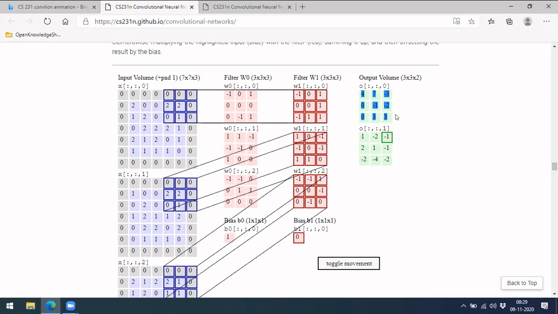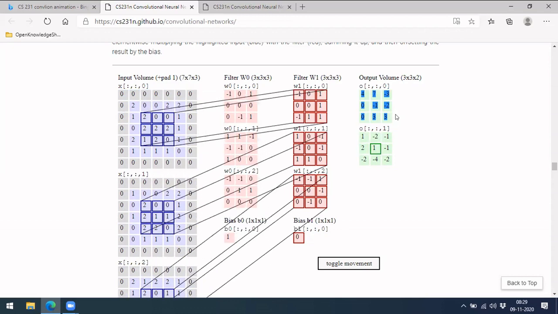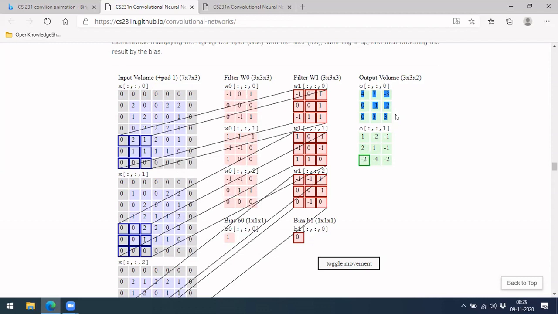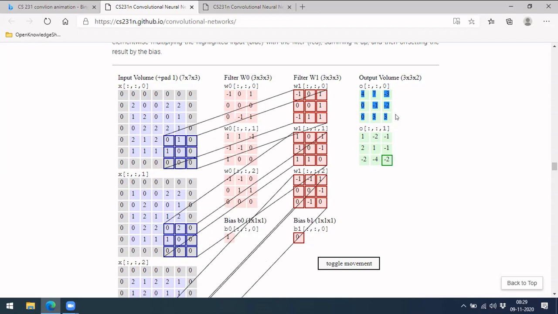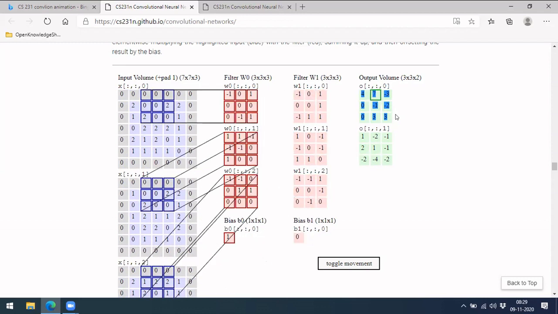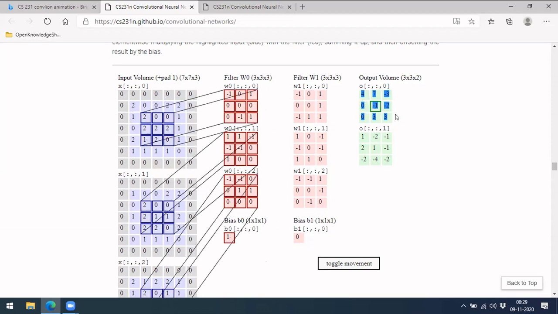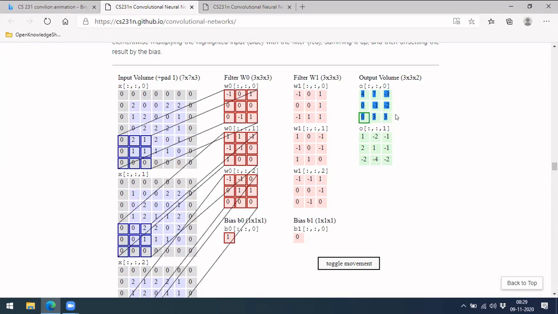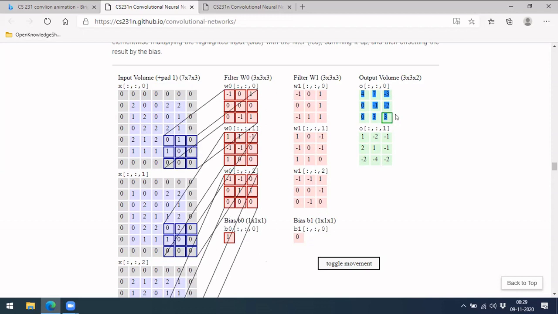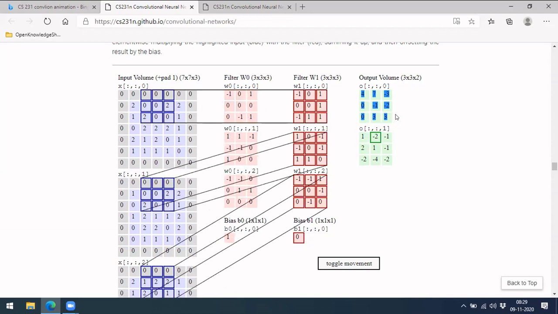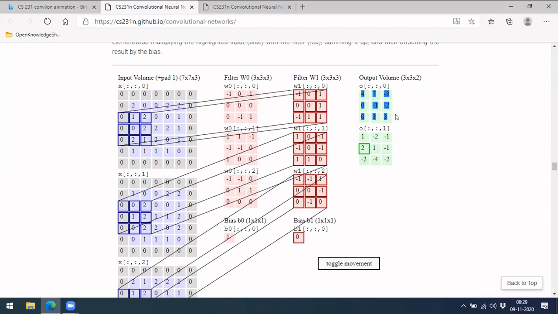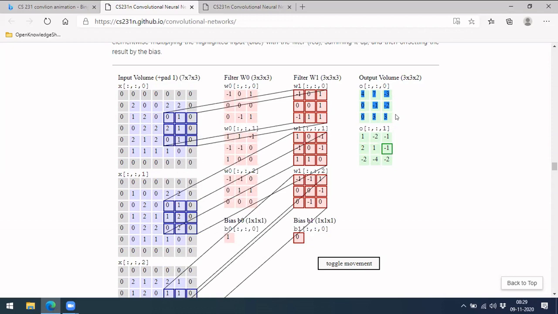So what we are doing is reducing the size of your convolution layer. Your image looked very big earlier, but now the size of your image has decreased considerably, from size 7 to a size of 3. That is a kind of reduction.